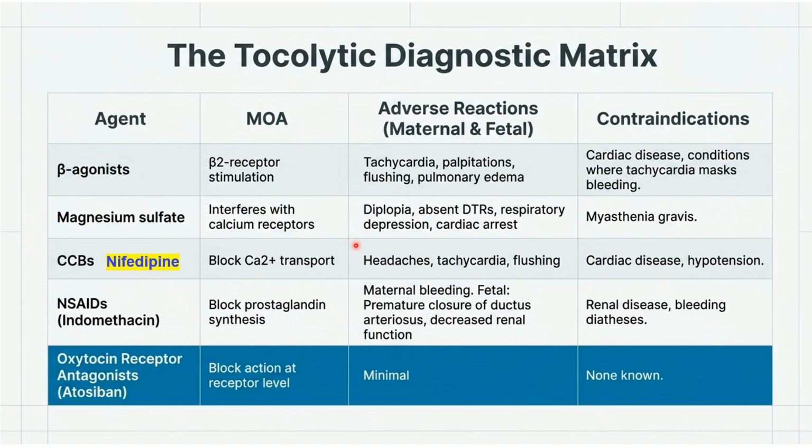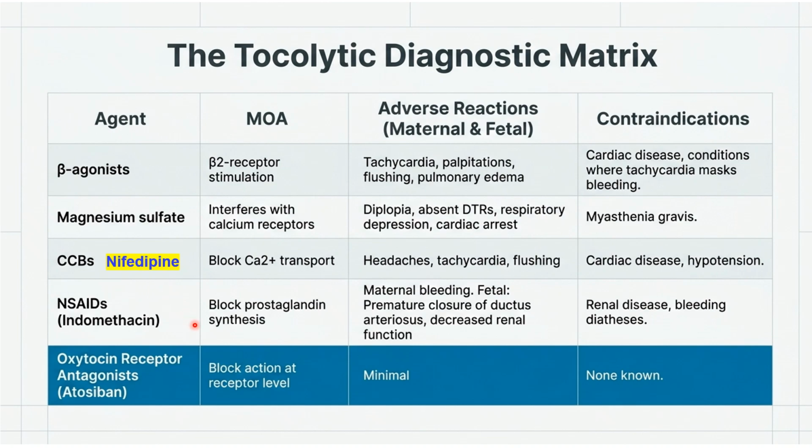For calcium channel blockers, we said that nifedipine blocks calcium channels directly, but the side effects can arise from vasodilation: hypotension, headache, reflex tachycardia, and flushing. Therefore it's contraindicated in hypotensive females, but it is highly recommended if there is pregnancy-induced hypertension associated with preterm or premature uterine contraction. Nifedipine can act on both conditions in this pregnant lady.